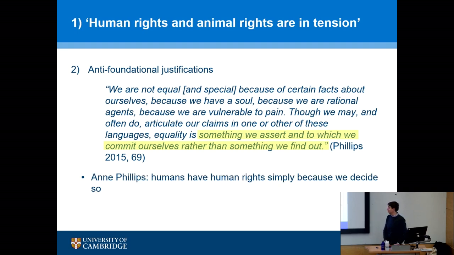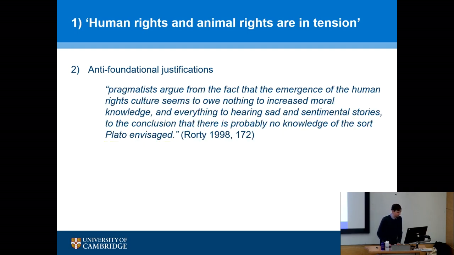In fact, we should not even go down that foundational road, because it might lead us to find that, oops, some humans may in fact lack rational autonomy or some other feature that we thought was grounding of rights, and therefore we would have to take the rights away from these humans because they don't have the relevant features. She doesn't want to go there and thinks it's much safer if we just assert that we have these rights, or that status more generally.